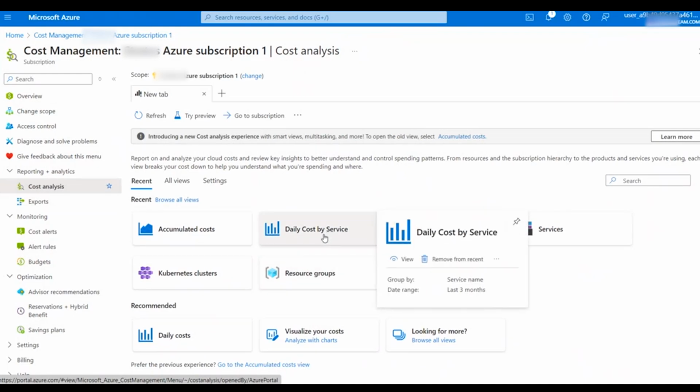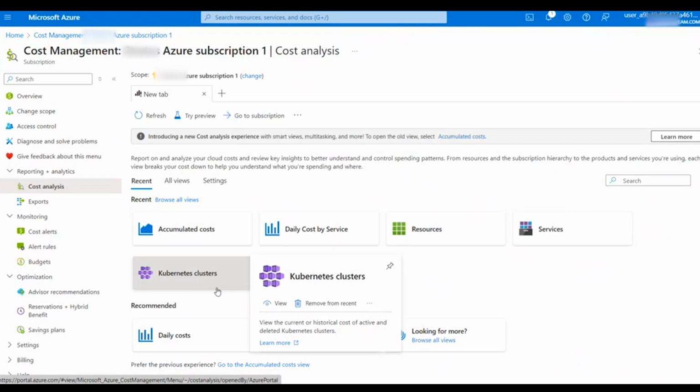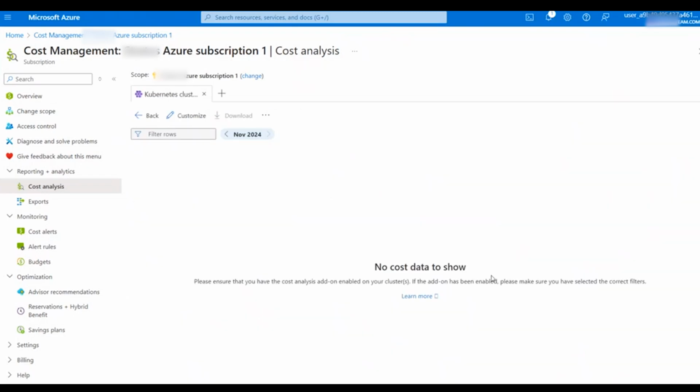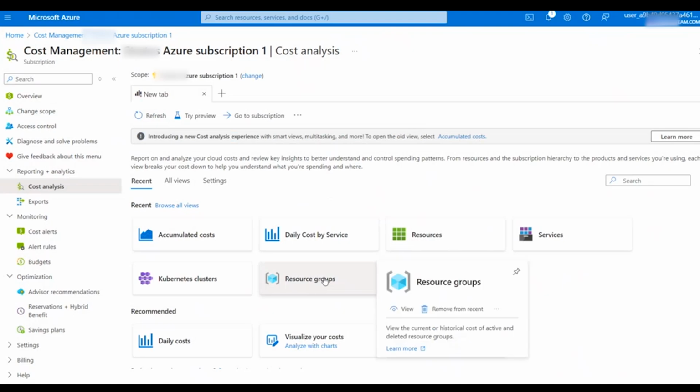So for instance, you can look at daily cost by service. These are some default views that Microsoft thinks you might want to see if you've got Kubernetes clusters, et cetera. You might drill into that. In this one, we don't have any data there, right? So a lot of these are just canned